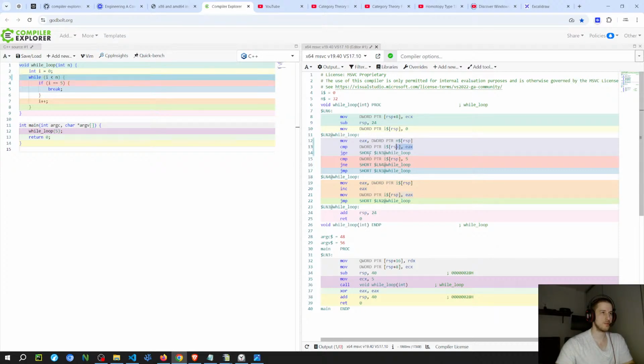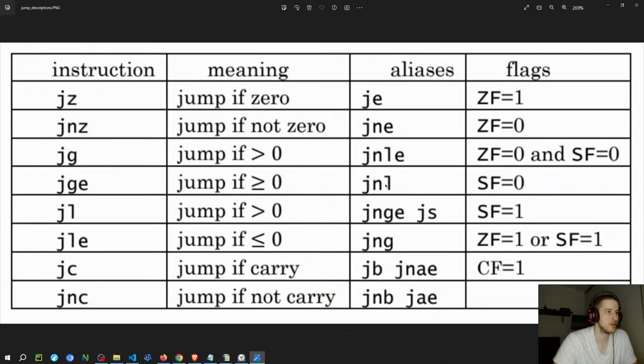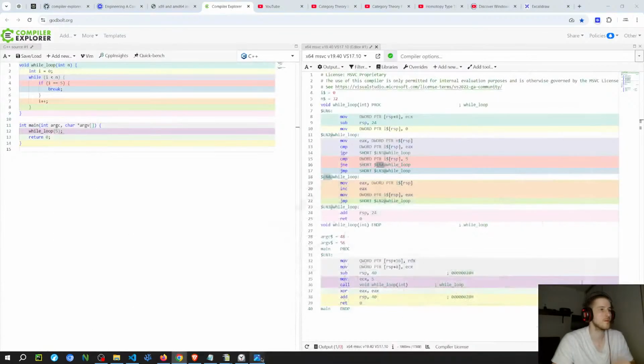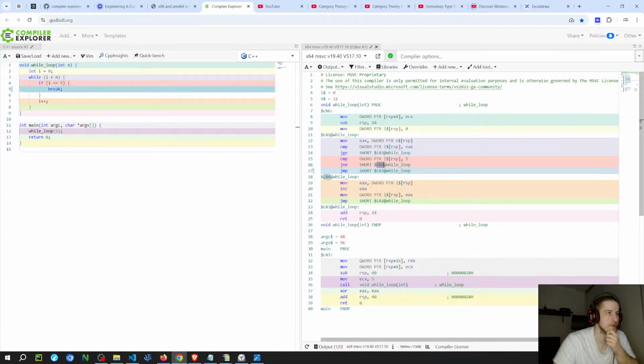It compares here, just comparing I with N, and it's going to jump if ZF or SF equals 0. It jumps, so it doesn't jump at the beginning, which is going to compare 5 with I again, and then it's going to do the loop. This is the label that continues the loop. It's not equal because ZF is going to be 0. So it does this jump in the beginning.